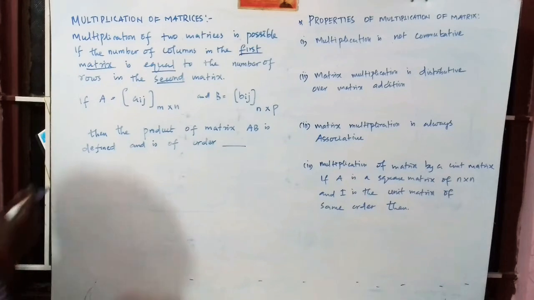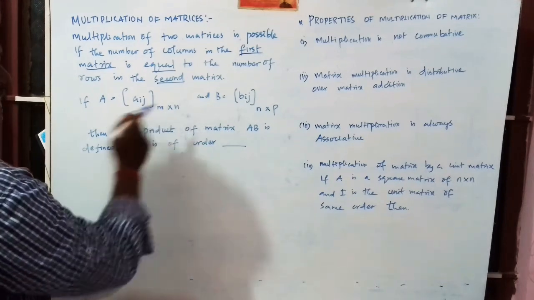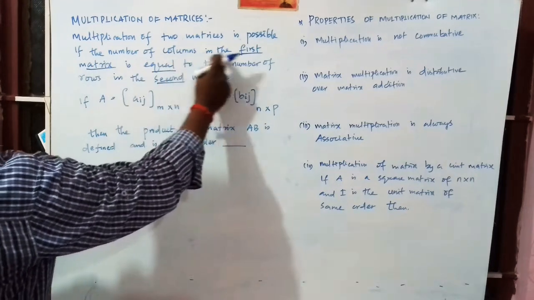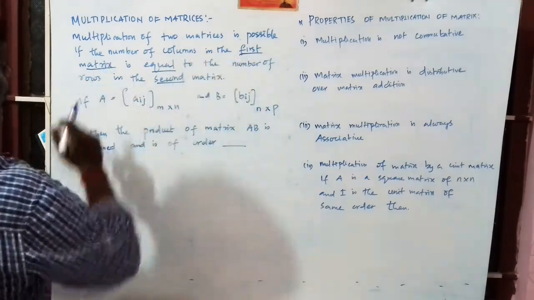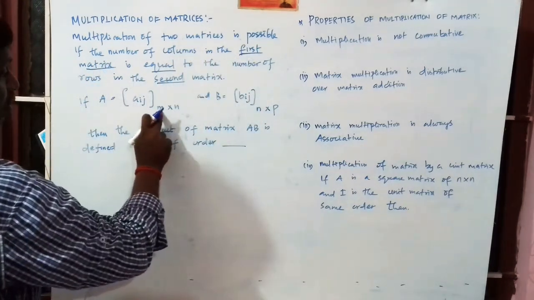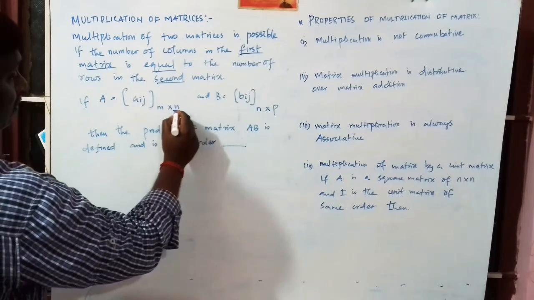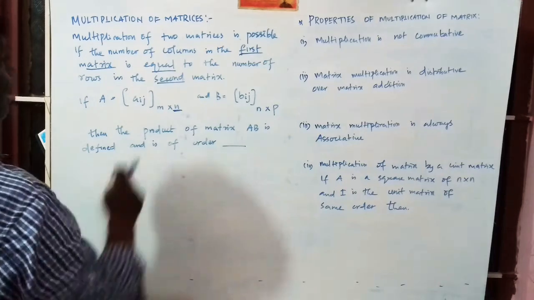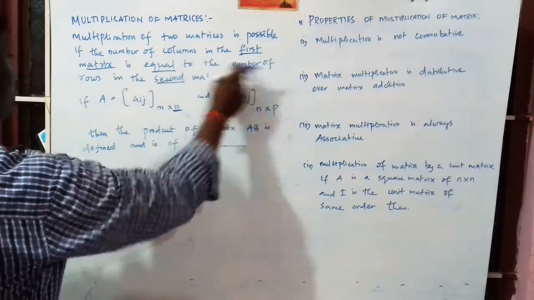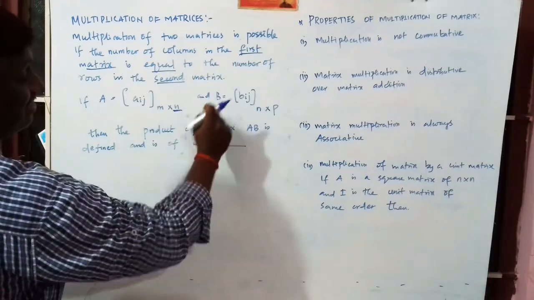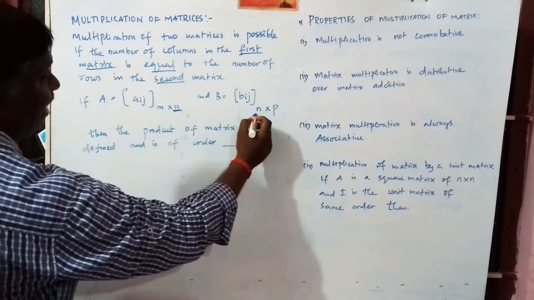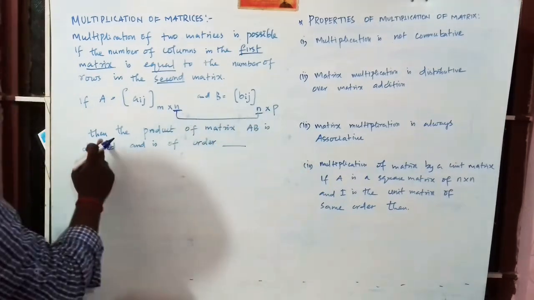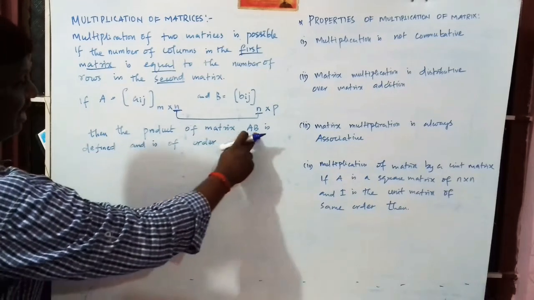If A equals a_ij of order m by n, the condition is on the number of columns in the first matrix. Here m denotes rows and n denotes columns. So the number of columns in the first matrix is equal to the number of rows in the second matrix, B. Both are equal. Therefore the product AB is